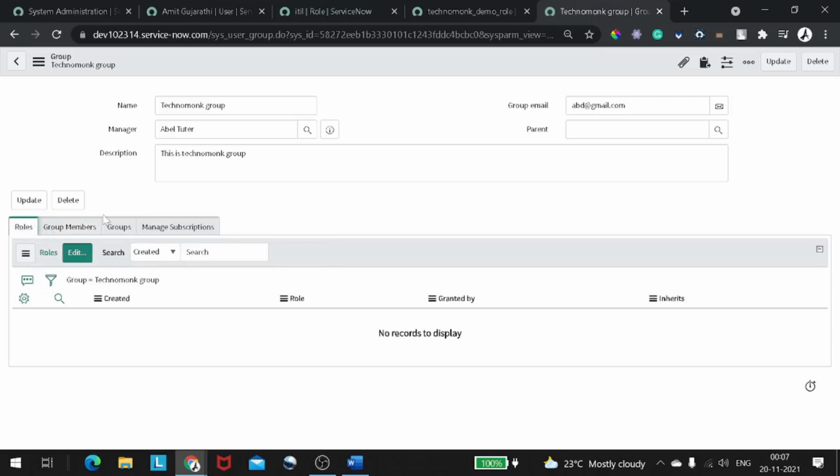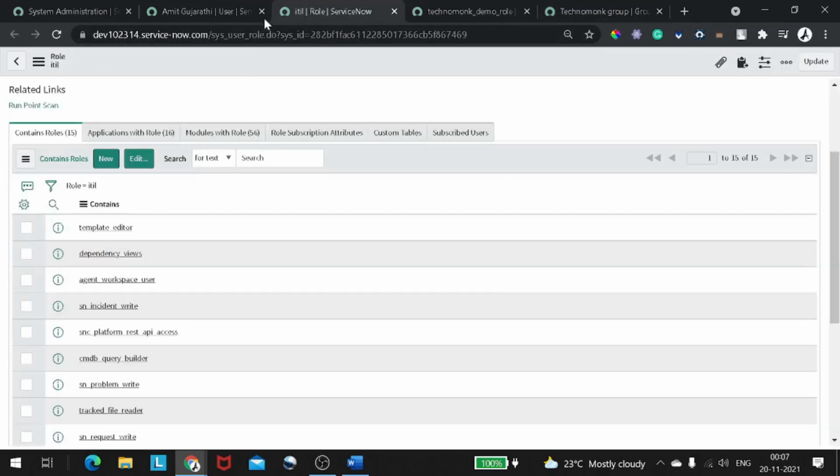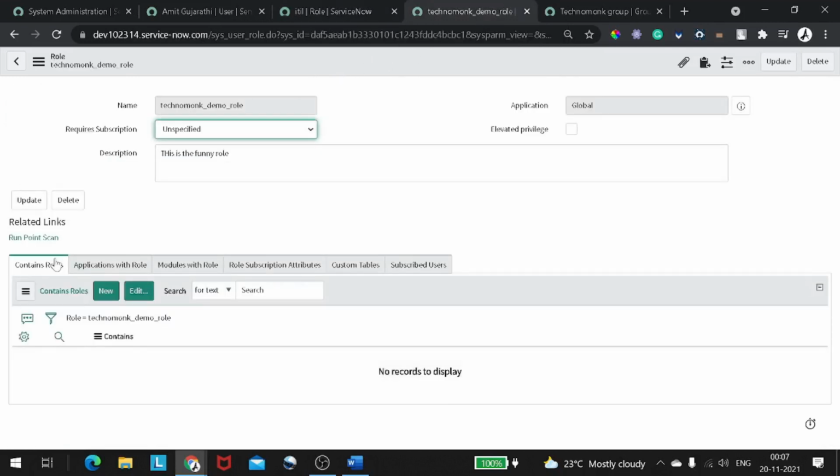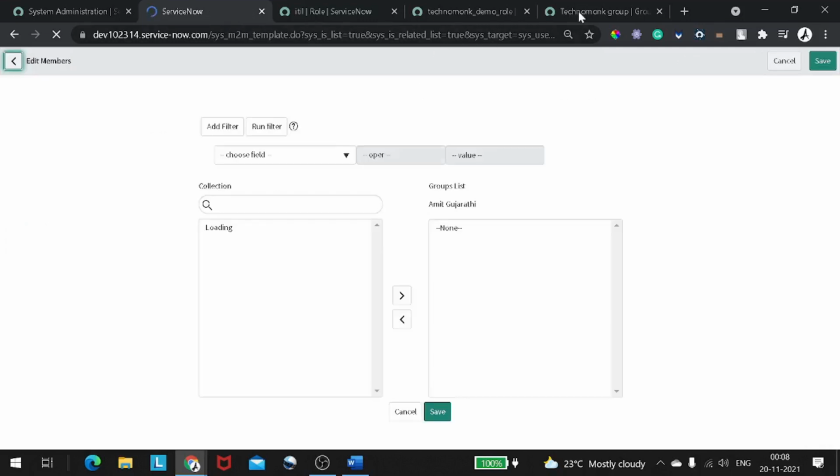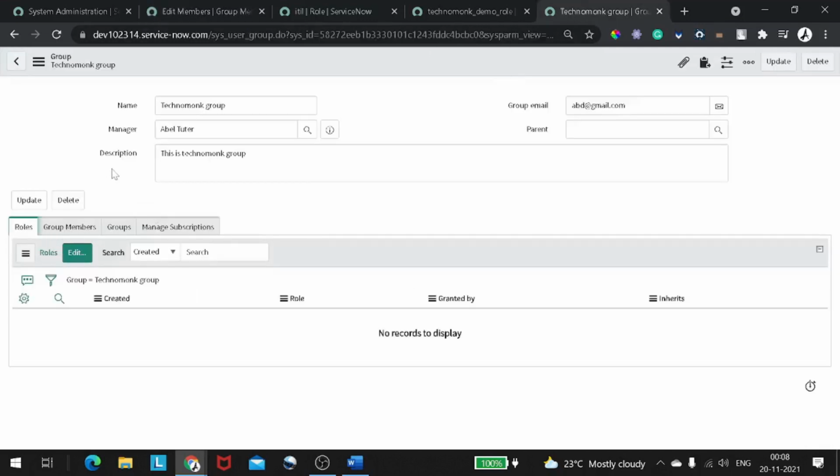What we'll do is we'll not give the roles from here. Currently, if I go to the role table, right now there is no user with this assigned role. So we'll go to this Amit profile and assign this particular user to that group and see what happens. Or let's do one thing: let's provide a role to this particular group, so you will understand how it's interlinked.